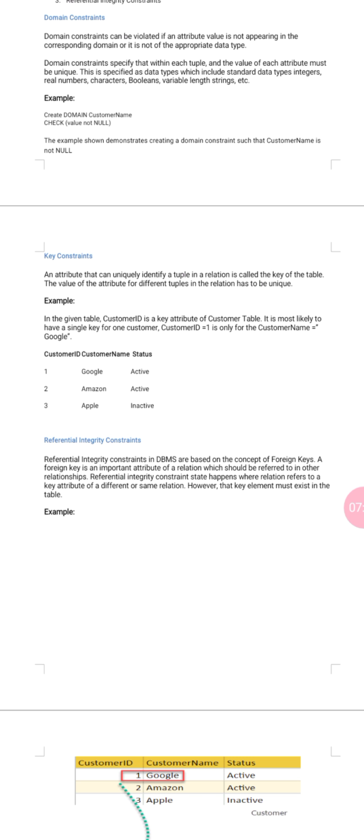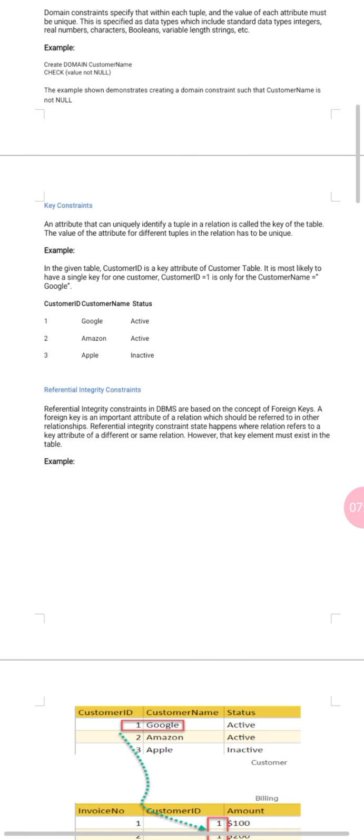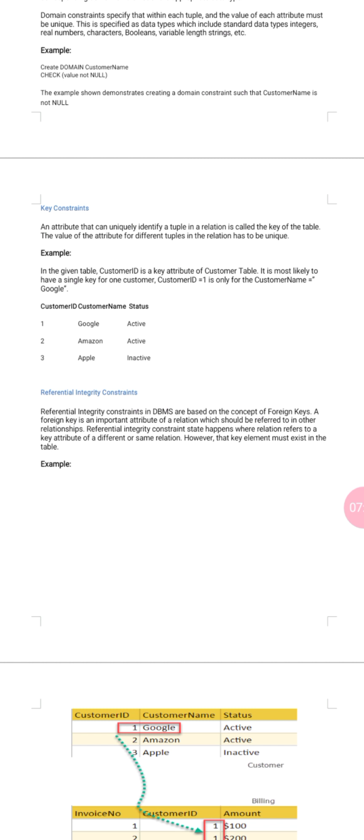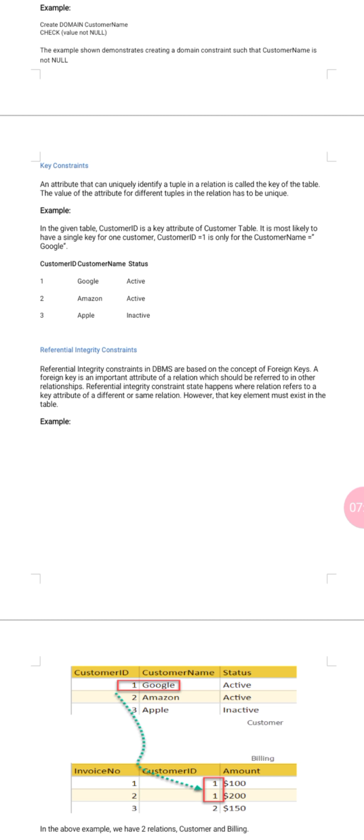This is specified as a data type, which includes standard data types: integers, real numbers, characters, booleans, variable length strings, etc. Clear? Example for this is: create domain customer name, check value not null. The example shown demonstrates creating a domain constraint that the customer name is not null.